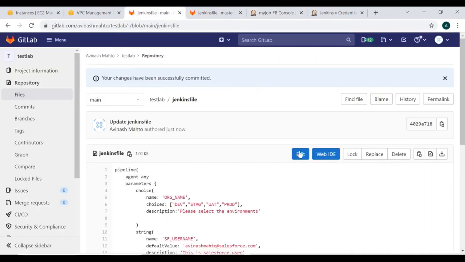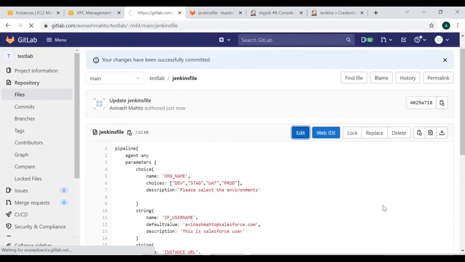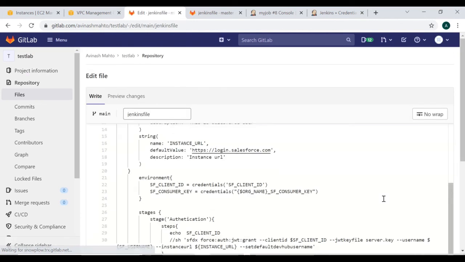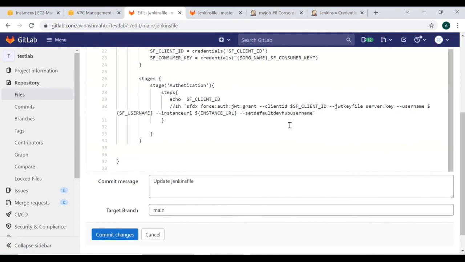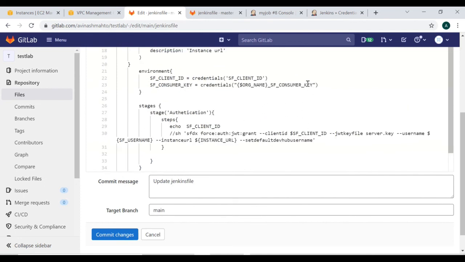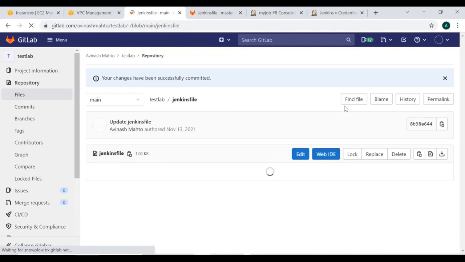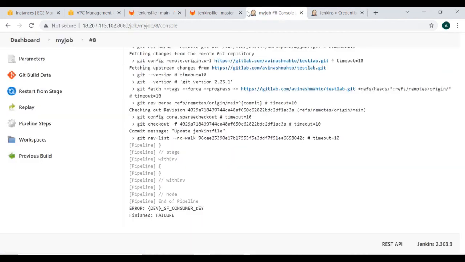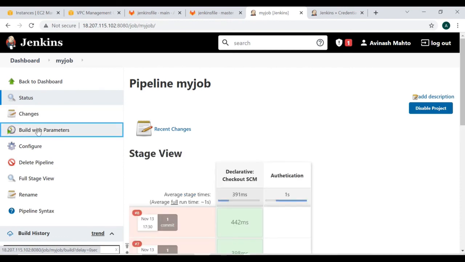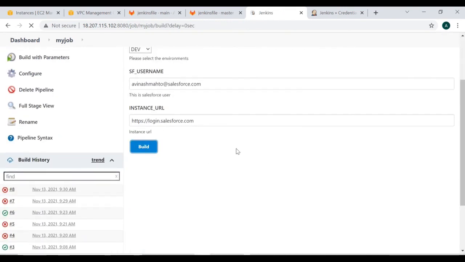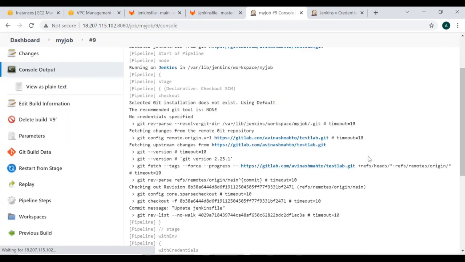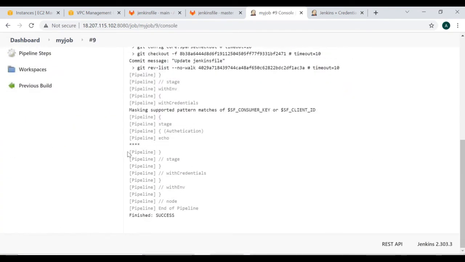Okay, so here the syntax is something wrong. We need to fix it. Let's run it again. So now it is a success.